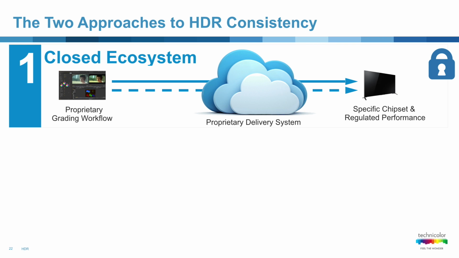So, as I said, it was coalescing, there are now two approaches to HDR in the marketplace. One is a closed ecosystem approach, which is if I control everything from the beginning to the end in the home, I can ensure that it will be compatible. I can ensure that on the back end, that image will look somewhat like what the content was meant to look like. And we'll get into what a sample of a closed ecosystem looks like.